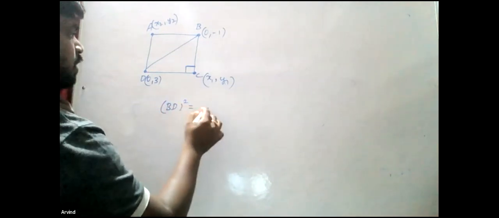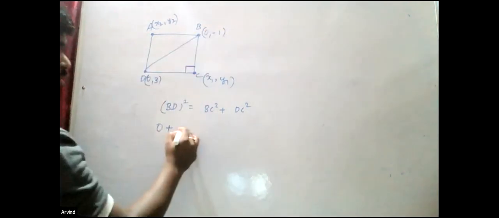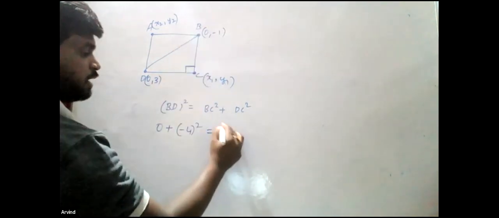I'll just join this B and D. Since it is a square, there is a 90 degree angle here, so we can use the Pythagoras theorem. BD square is equal to BC square plus DC square. So you know how to find the distance. BD square is equal to x2 minus x1 the whole square, that is 0 minus 0, the whole square is 0 itself, plus y2 minus y1, minus 1 minus 3, which is minus 4, minus 4 the whole square. Equals BC square, using the distance formula,